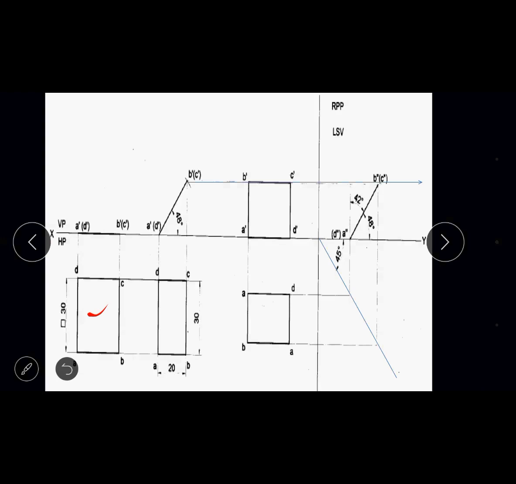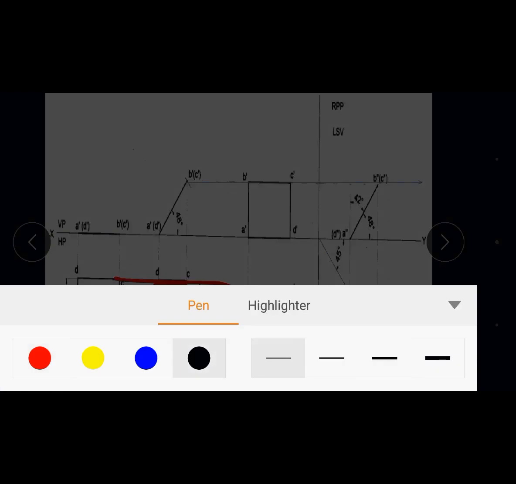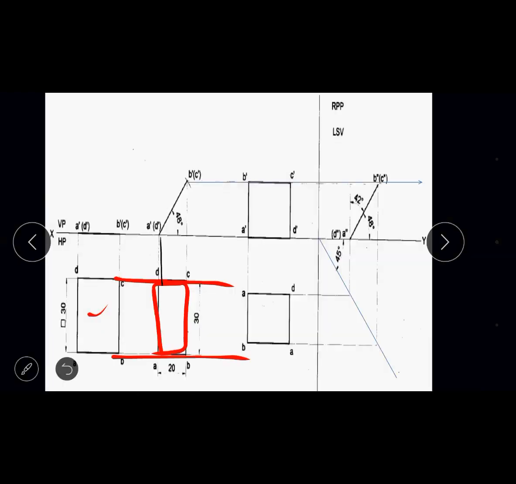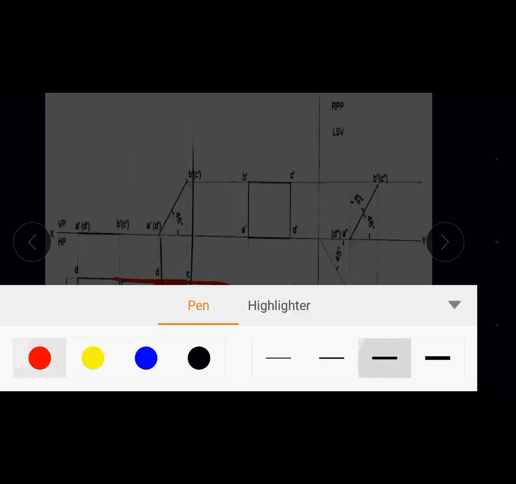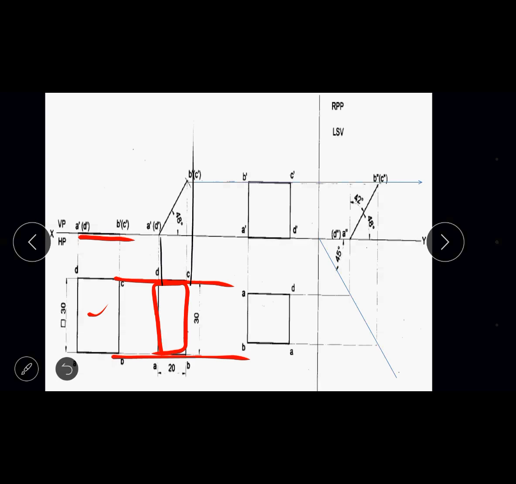So here the top view of the square lamina is a rectangle. So this is a rectangular lamina of 30 and 20 mm side. So first we will construct this rectangle with the help of the locus line drawn. With the help of the locus line drawn, you will get the rectangle, and then you will construct the locus line. So when you draw the locus line, measure this first top view. Take the measurement of the first top view, keep your compass on the left side, cut an arc on this locus line, and then join it.